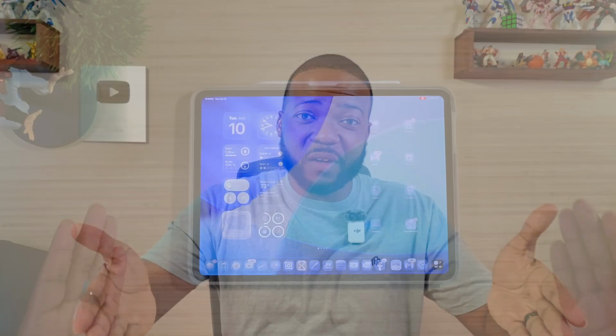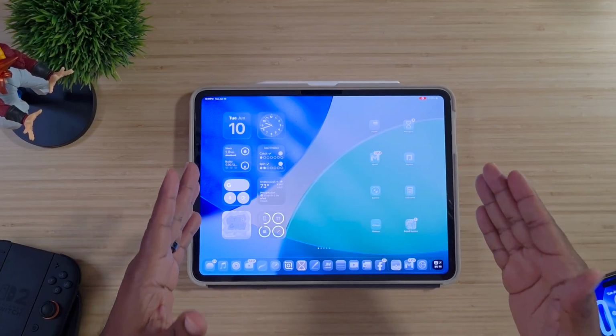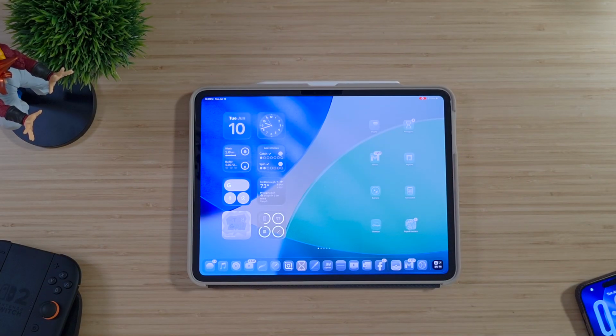More tech, more reviews, and of course, right here in front of us, we have iPadOS, not 20, but we skipped to 26. This was just released. We got the beta. Now, keep in mind, beta means bugs at times, so everything may not work exactly as planned. We've been playing around with this for a day or so, and I want to tell you guys about